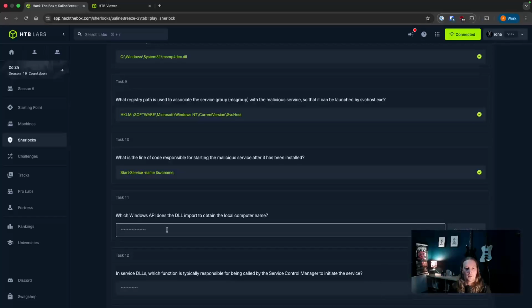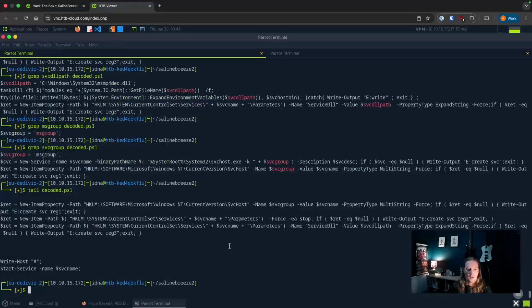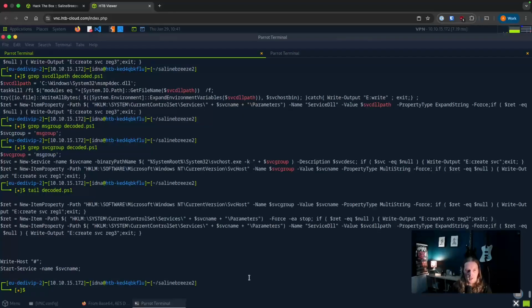Which Windows API does the DLL import to obtain the local computer name? Now, that's jumped a bit, and I appreciate I've also jumped a bit answering some of these before really doing the analysis of this script. So I'm going to do the same thing I did previously where I made an analysis, and I'm going to start pulling this apart piece by piece to try and figure out what actually is going on. I'm going to do a slightly different method this time, and I'm going to take a copy of that and call it